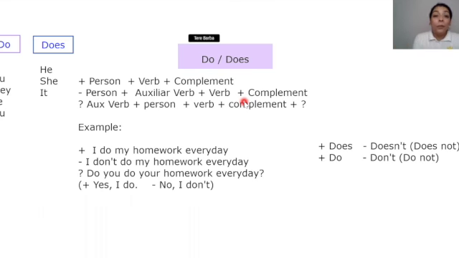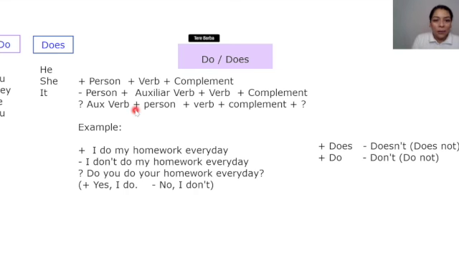Okay, we're gonna talk about do and does. Do you know the difference between them? Do is only for I, you, they, we, and you, and does is for the rebels of the grammar. We have he, she, and it. They are quite different from the other persons because they are like the rebels of the grammar: they change the verbs. In this case, they change from do to does.